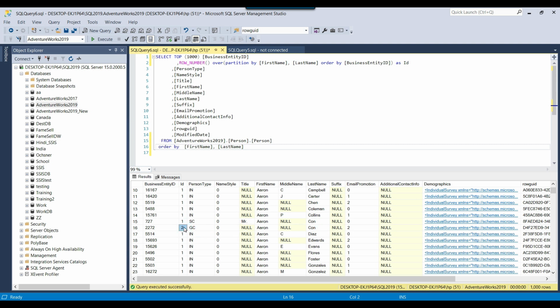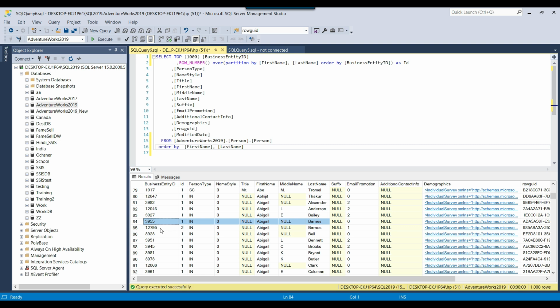So all the records where the ID is not 1, those will be duplicate, or you can say where the ID is greater than 1, those records will be duplicate records. So if I scroll further, you will find more duplicate records. So here you can also see that for this one, Abigail Barnes, for this business entity ID 3955, this is a unique record, okay.